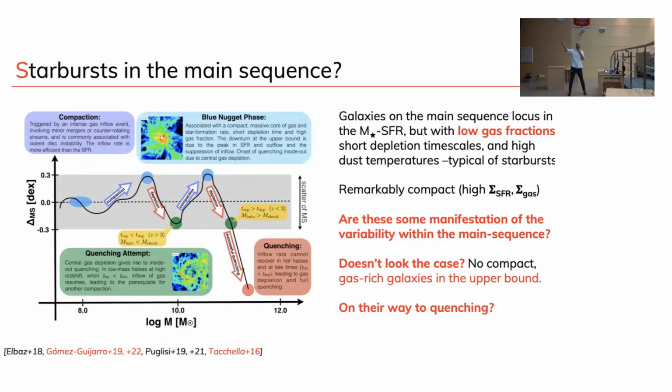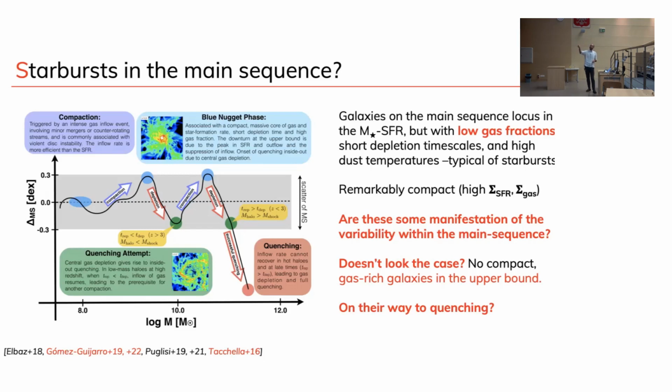One interesting thing of the scenario mentioned before is that you should find up here on the upper main sequence galaxies that are small. Okay, we do have galaxies that are small, like galaxies that are gas rich, while there's almost none found. And the galaxies that should be here below should still be substantially rich in gas, but most of these things are actually found to be gas poor. So probably this view of how things are going up and down is not a full description of what's going on.